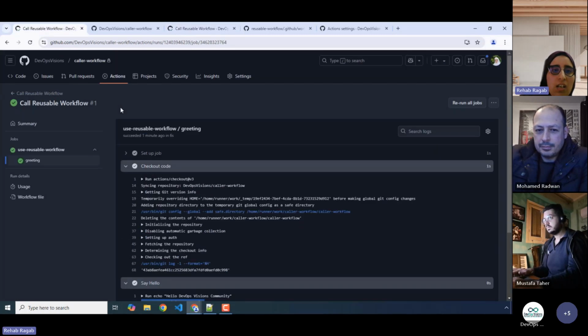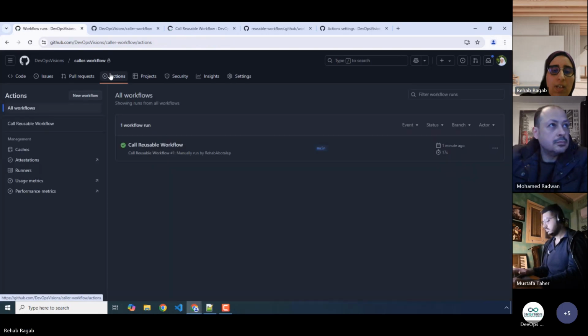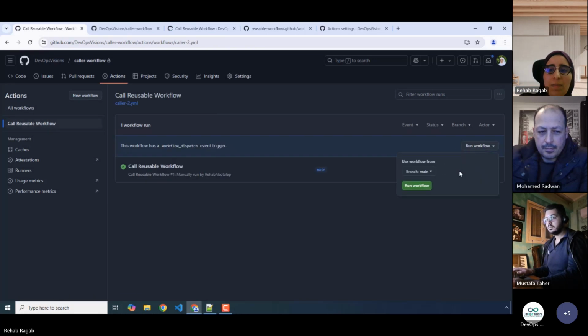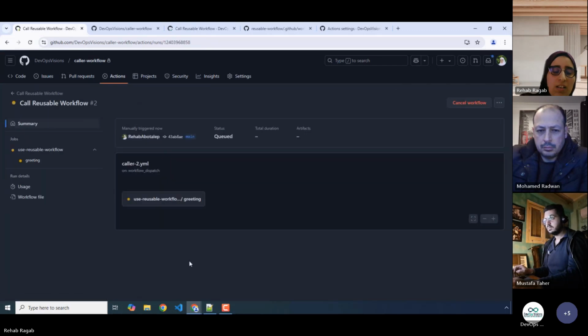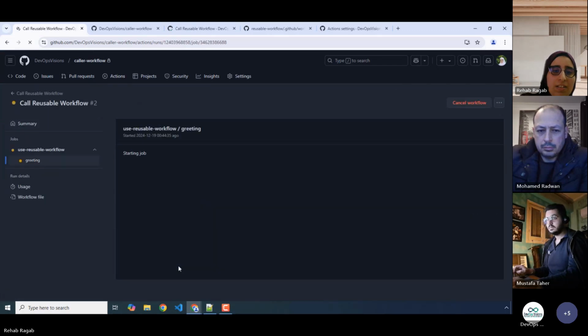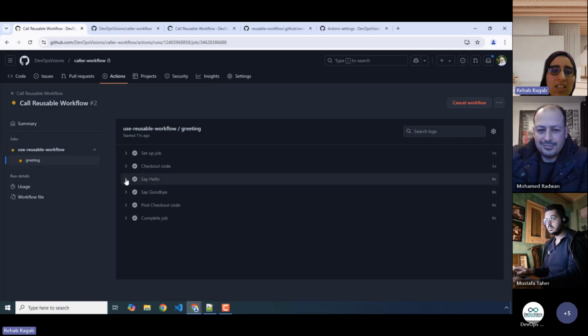Let's see the second caller workflow and see if this change will be applied here as well or not. So yes, applied as well.